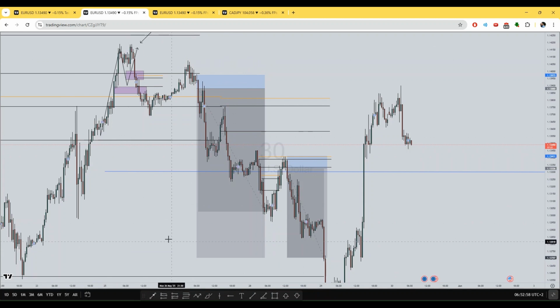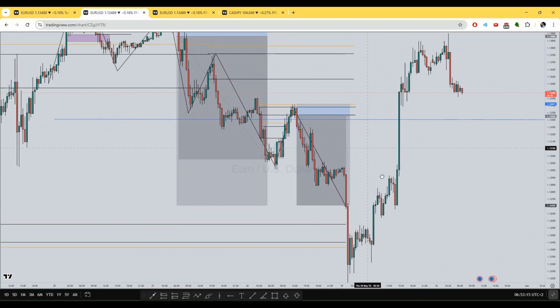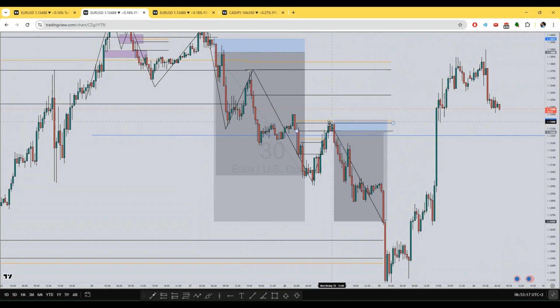we're having this new trend forming lower lows, and then finally we had this last move here. So I put on the add-on trade right here at this point, and then